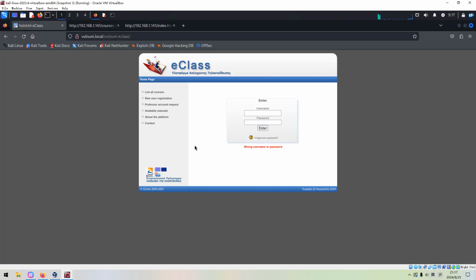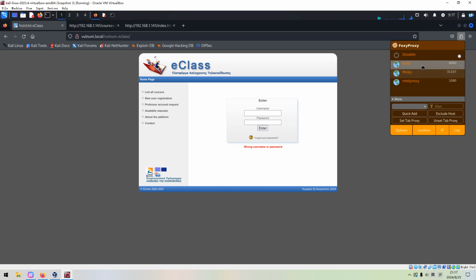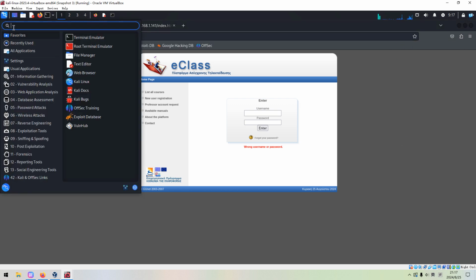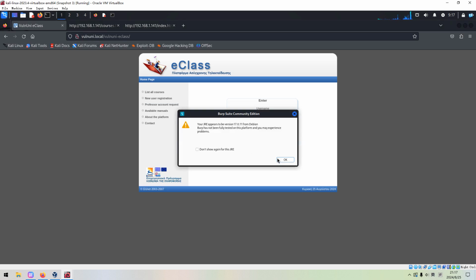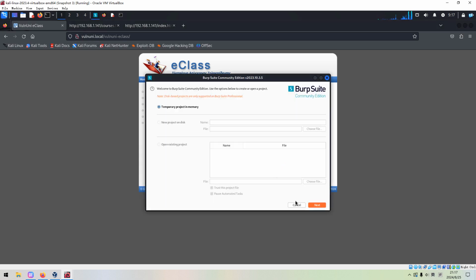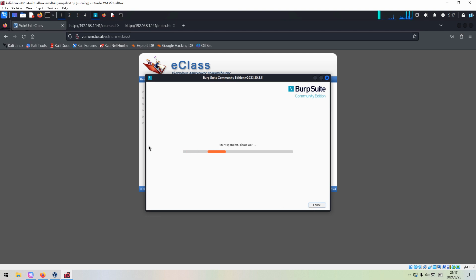So how to do it? I always do it this way, and I also suggest you do it this way as well. We can enable the FoxyProxy plugin and launch Burp Suite. And we can click OK. Next, start.